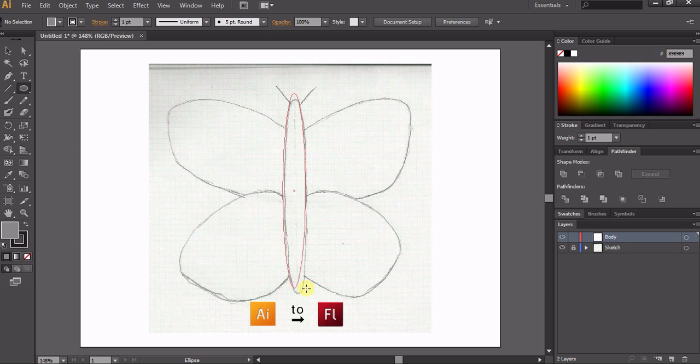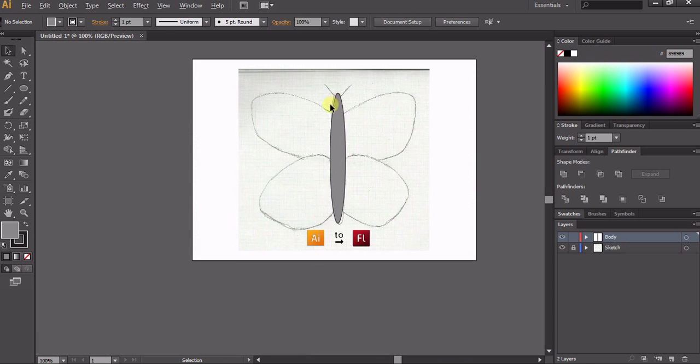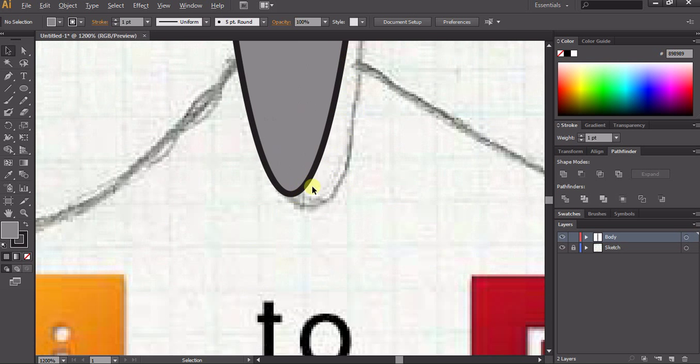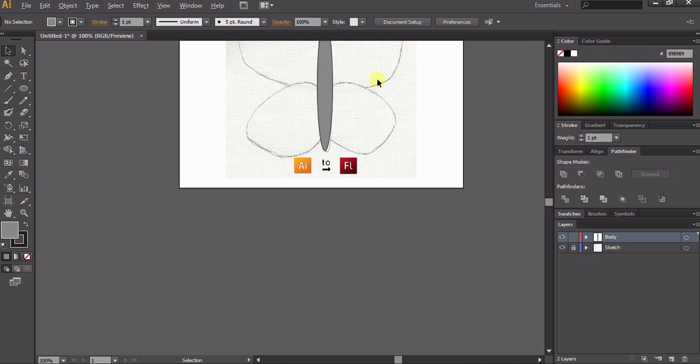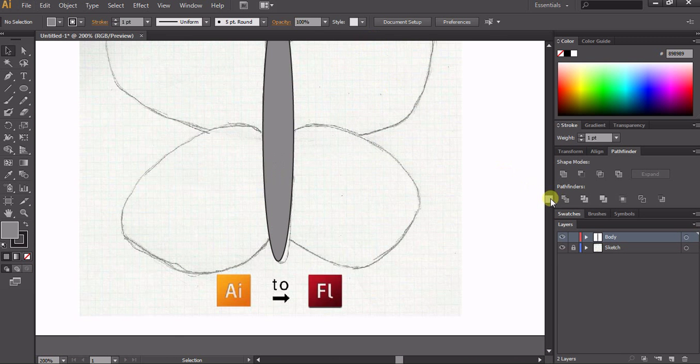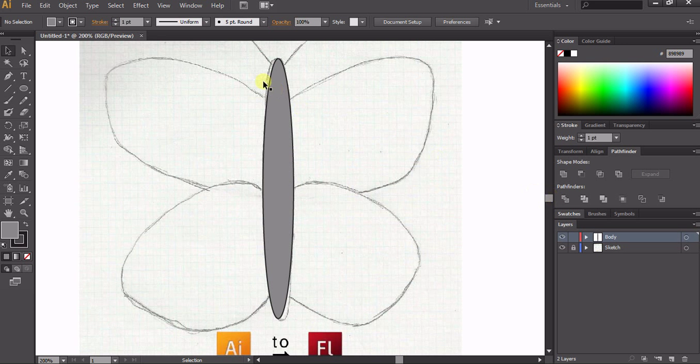I'm just going to go about there, and then I'm going to move it to about right here. And you can see mine's not completely perfect here, but whose sketch is completely perfect? And that's the main reason we're bringing it into Illustrator, is to make it a nice computer graphic